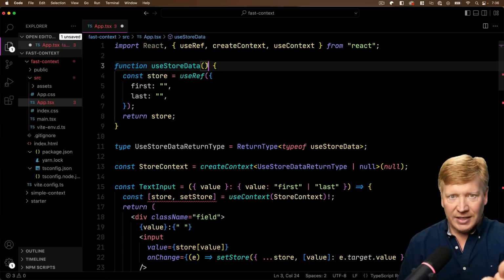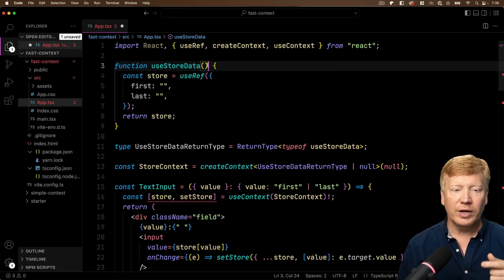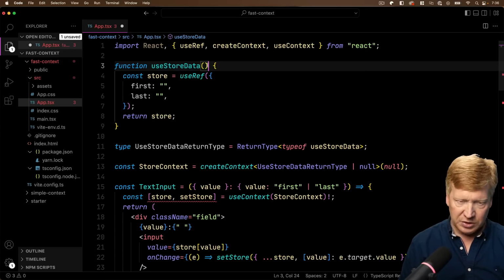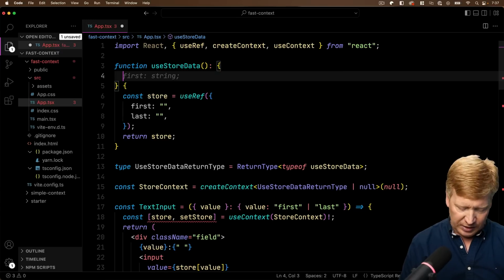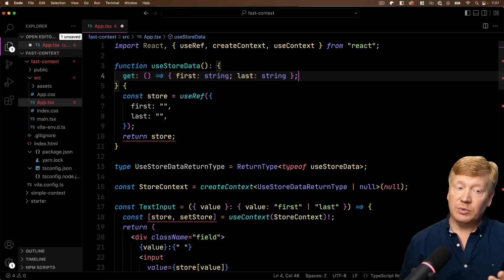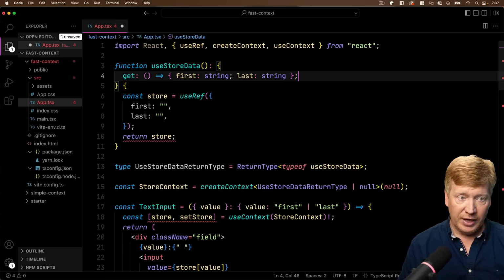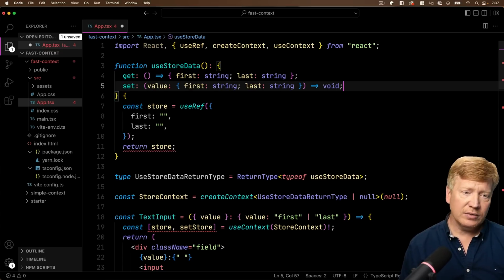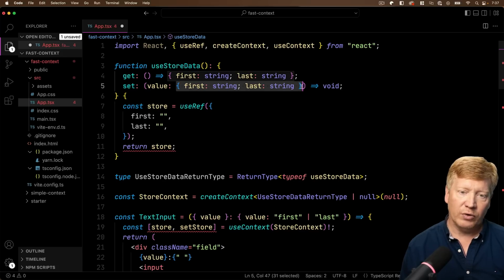We're going to want a way to set the current store, and we're going to want a way to subscribe to it. So let's go and figure out what those three things are. It's going to be an object, and it's going to have a getter. So that getter is going to be a function that returns first and last, that object we have. It's going to have a setter that's going to take that object as a parameter and then return a